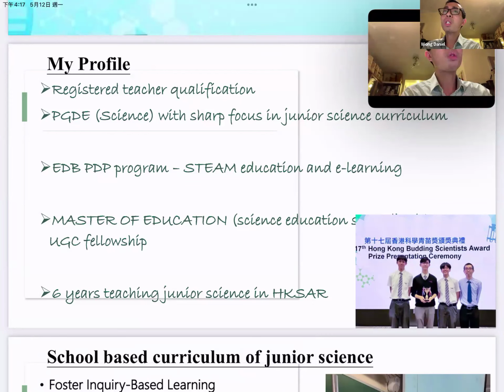My main teaching focus is junior science, especially Form 1 and Form 2 topics. I also take on DSE biology teaching duties with my panel head. Currently, I'm the head of junior science, so I need to plan the school-based curriculums. I have very strong cooperation with EduHK. I completed my PhD here, and now I'm an MS student majoring in science education with a very generous UGC